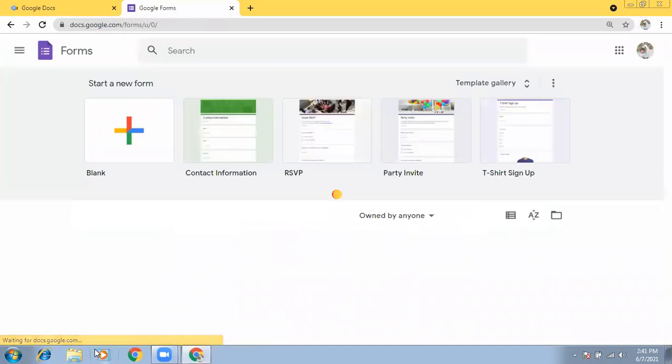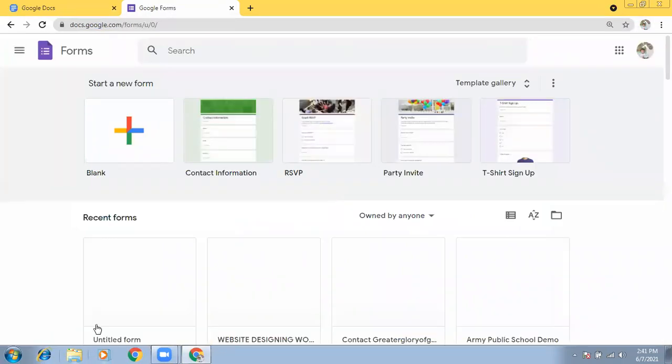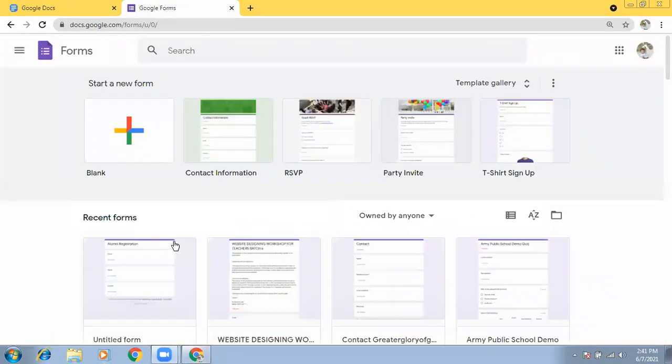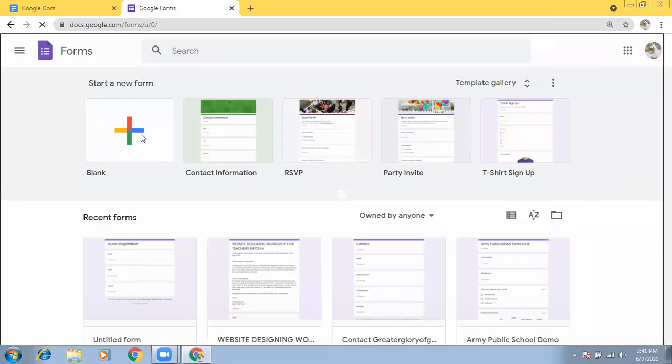Then we will be taken directly to Google Forms. And as in the previous three applications, we have a similar platform. And here we can go for the blank one, or we can start with any theme available. So I'll just go with the blank one.